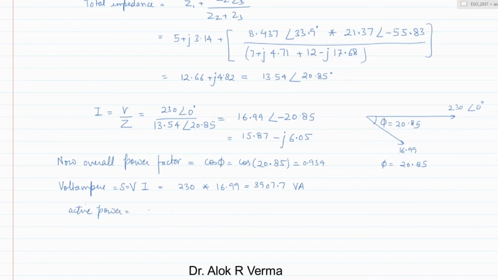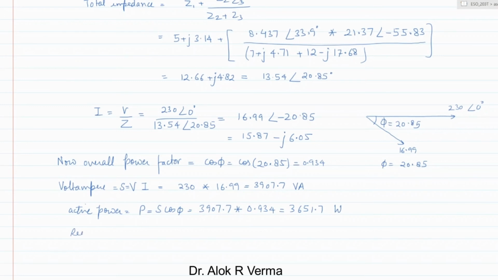Active power is nothing but P, which is S cos phi. S is your VI, which is 3907.7 into cos of phi, which is 0.934. This is around 3651.7 watt,